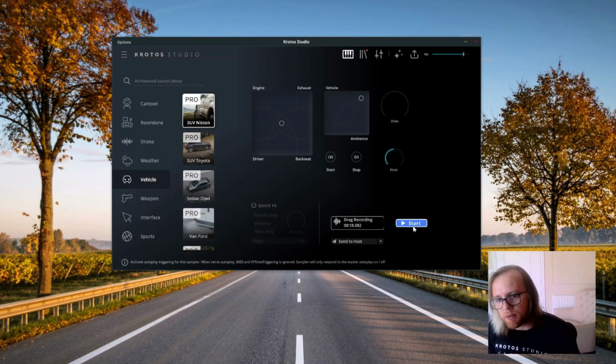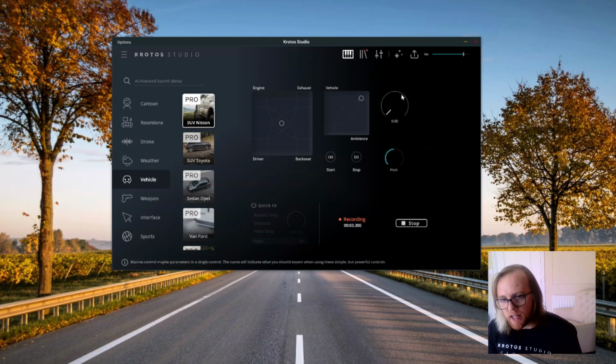What I'm now going to do is drive the car. So this is going to basically take us from an idling state all the way up to the maximum speed of the car. So I'm just going to play back the engine. And I'm going to use this drive dial here to control the speed of the car. So if I click and I drag this upwards,